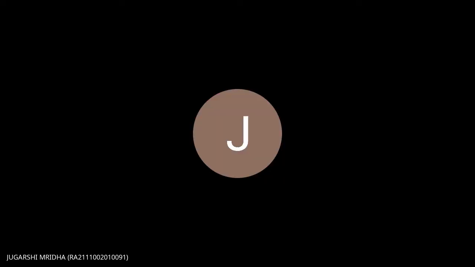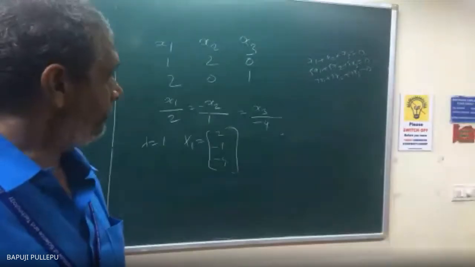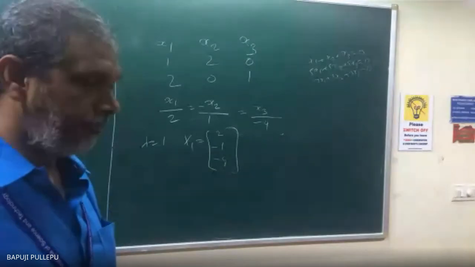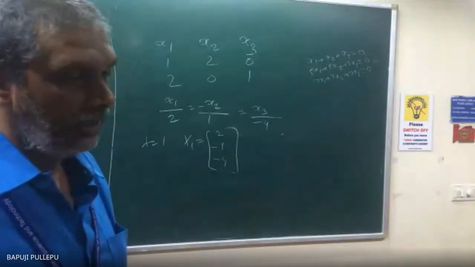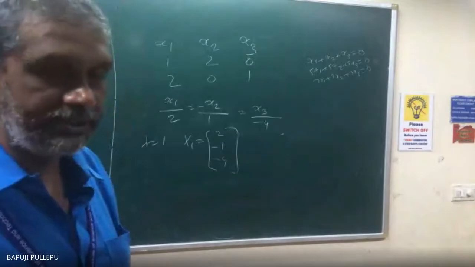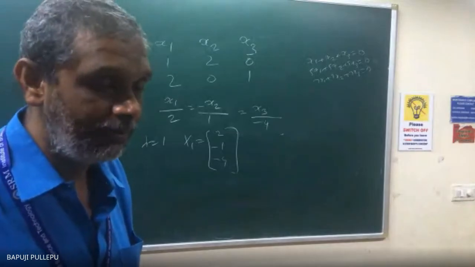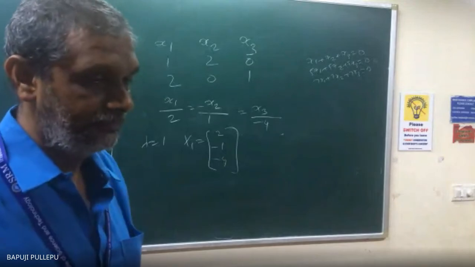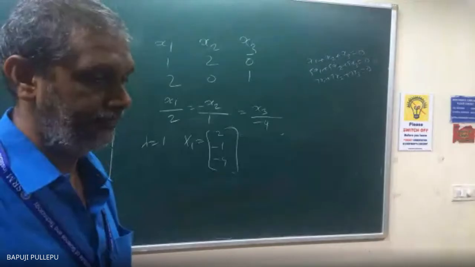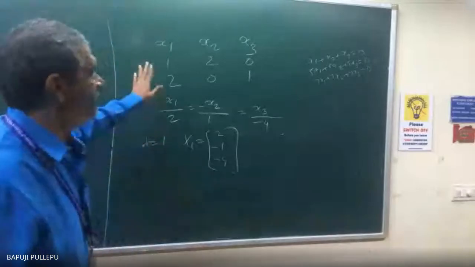Sir, can you repeat this again? Sir, in this can we also write x1 is equal to minus 2x2 and then put it in the equation? That's what I am telling, sir. If you want, you can write minus 2, 1, 4. Also same. 2, minus 1, minus 4 also same. What you are doing is multiplying throughout by minus. Reaching or not? So you will get it easily.